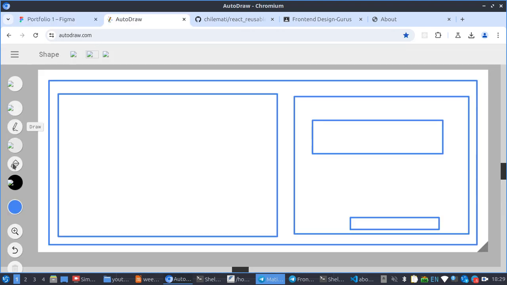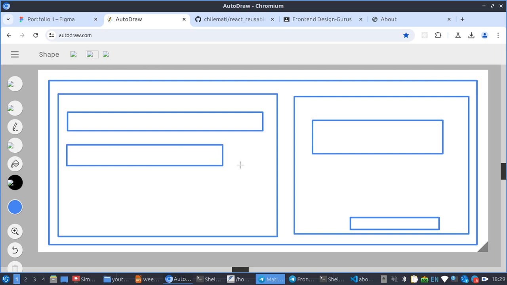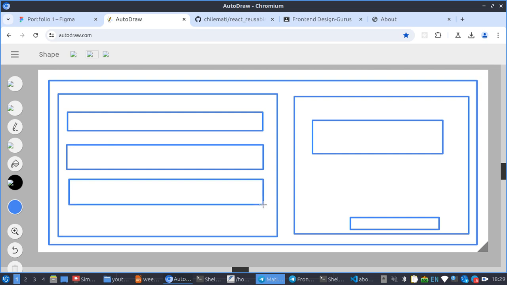So I'll come here, hold my shape. So I have my box A, which is this, box B, which is this, box C, which is this, and box D, which is this. So this one is my select. So if I tap outside,